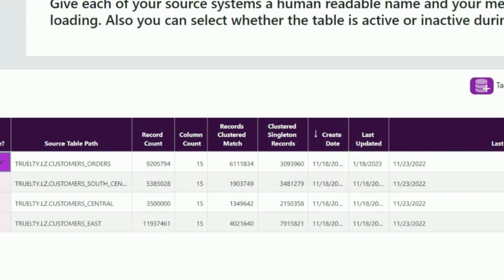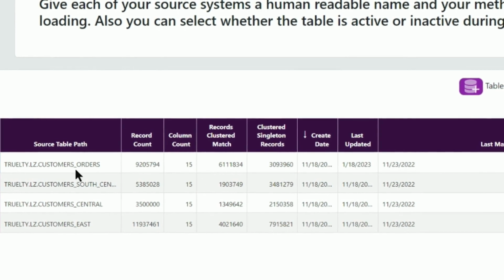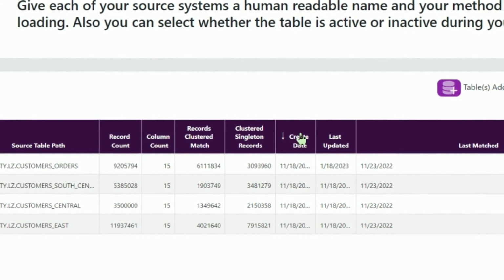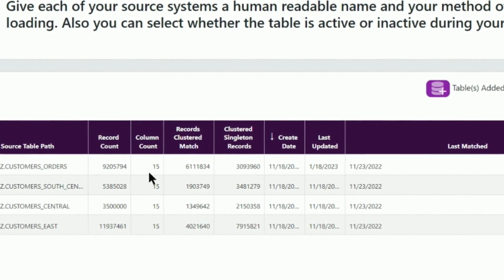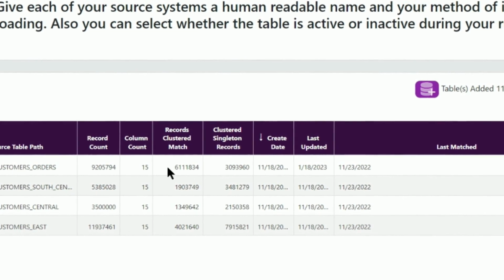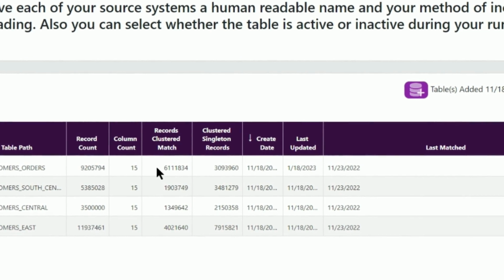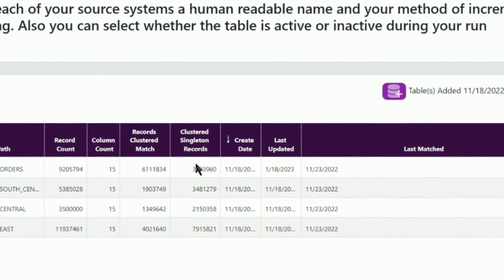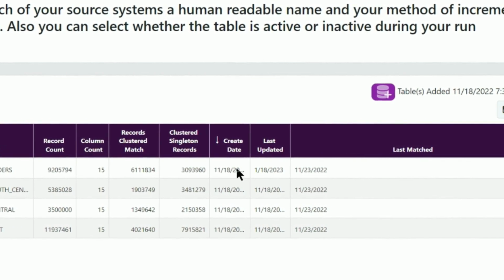You'll also see additional columns that identify additional information, like the full path to the table, the number of records in that table at the time we refreshed it, the number of columns, and then since the last time we processed it, how many records were matched versus how many records were singletons, the date we created the table, the date we last updated the table, and the date that we last ran a